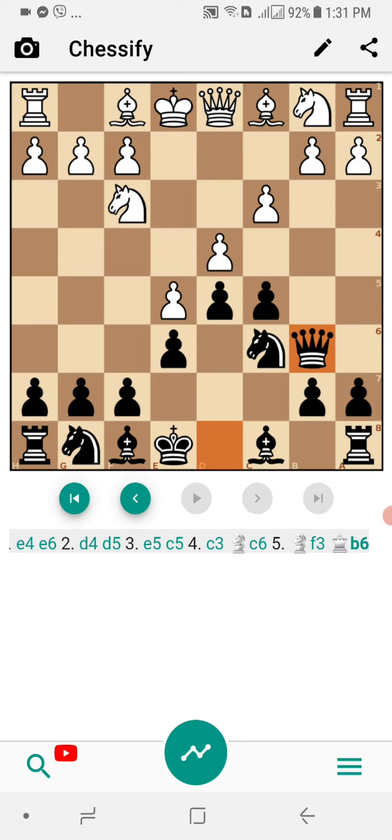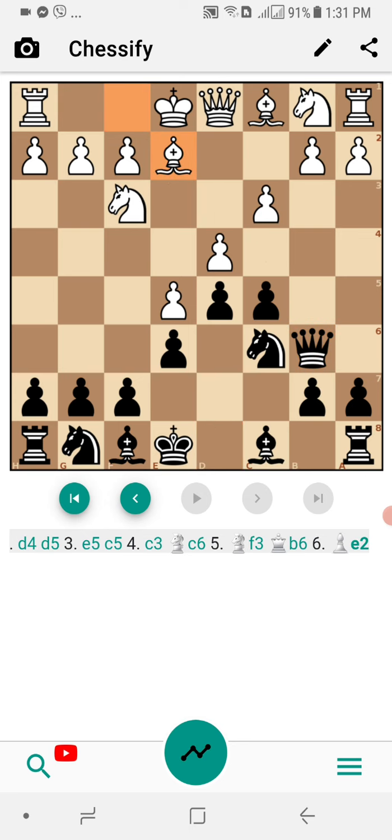Now after queen to b6, there are three major lines that white can use. The most common is a3, and the other two variations are bishop to d3 and bishop to e2. Now in this video, I'm going to discuss the bishop to e2 line in the advanced variation. So white plays bishop to e2,